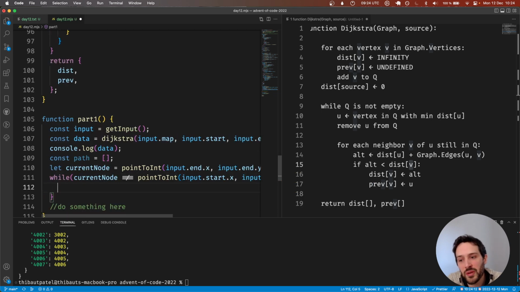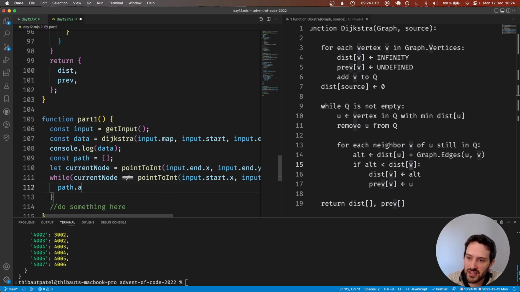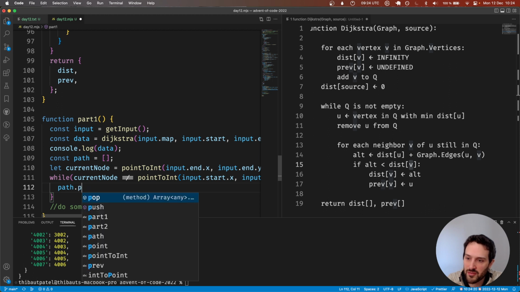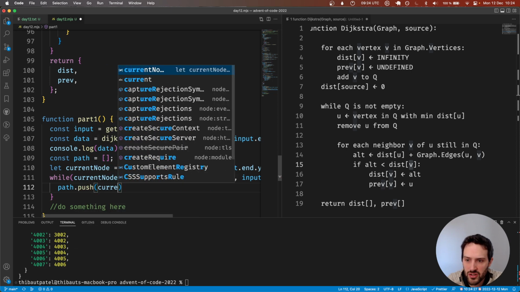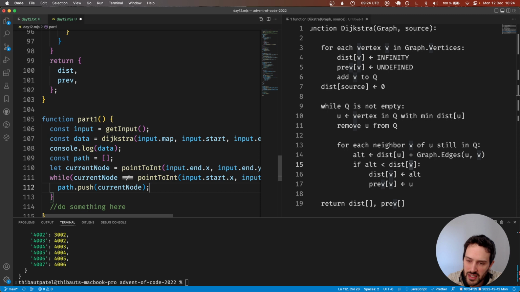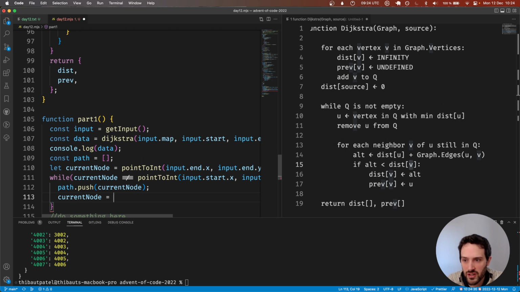So until we have reached the end, we need to do path dot push. We push current node. And then current node is equal. We need to find the previous node from